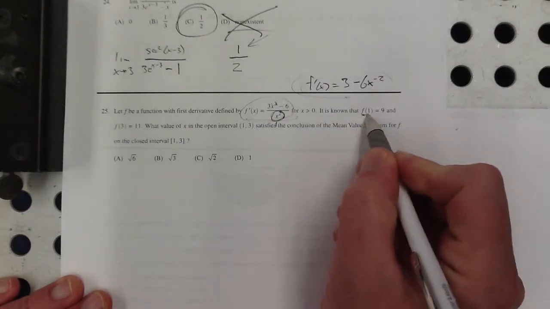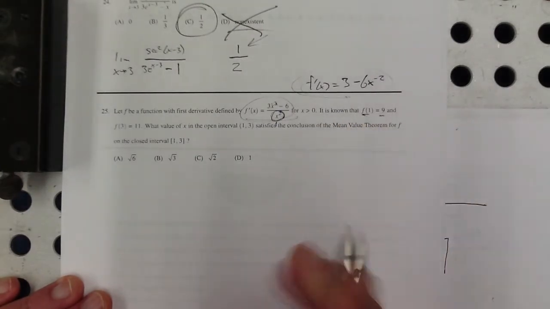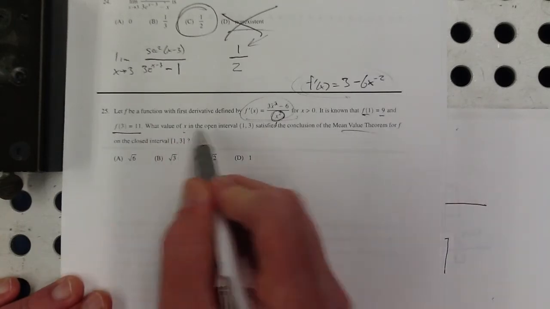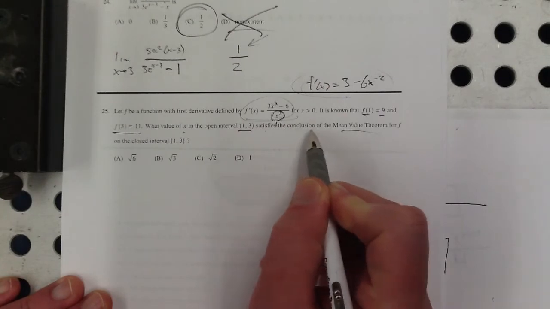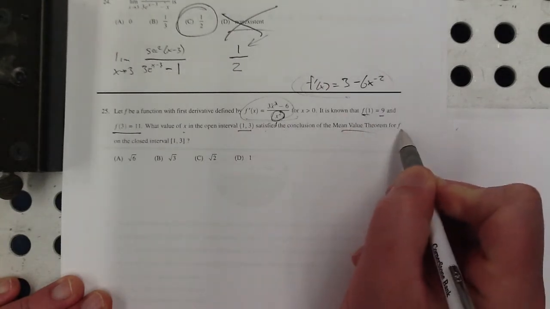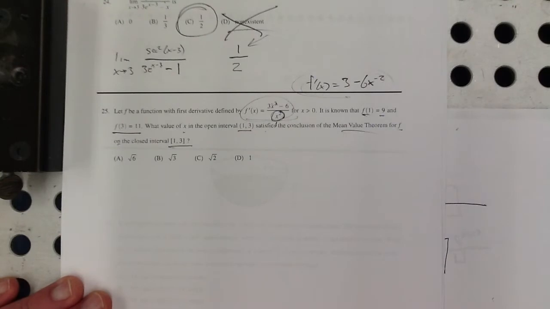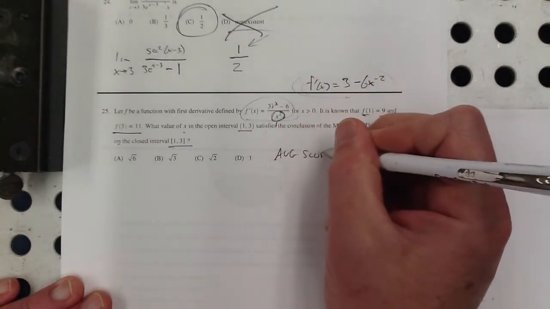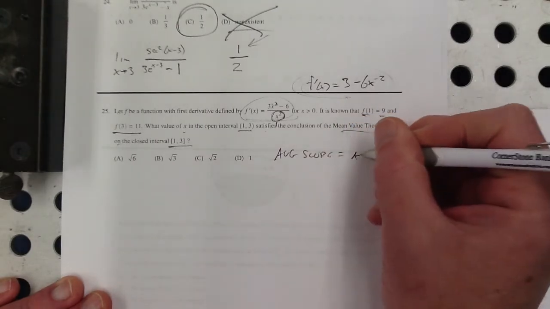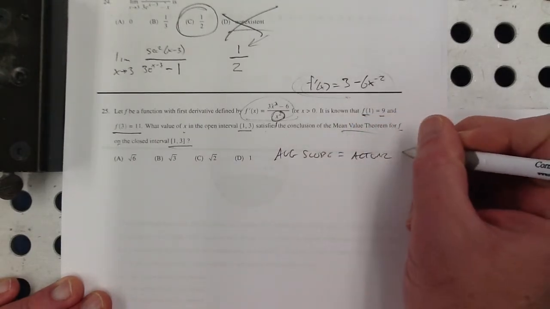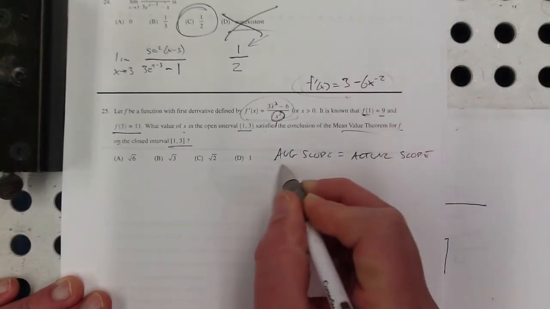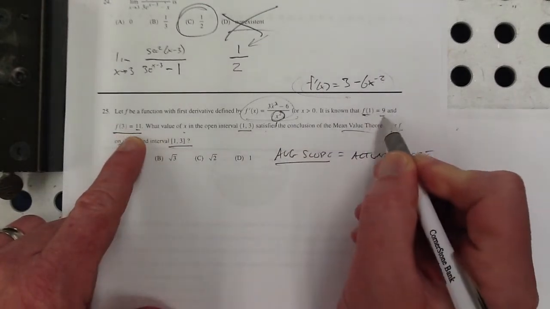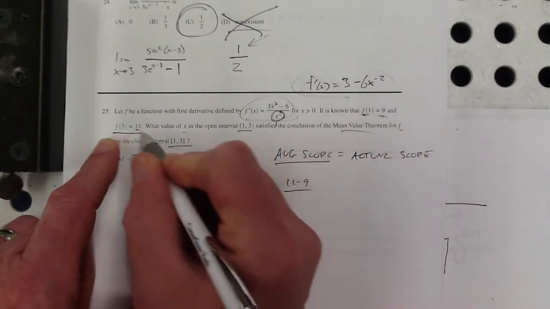Okay, it's known that f of 1 equals 9. This smells like fundamental theorem. Oh no, it's a mean value theorem thing. So what value of x in the open interval satisfies the conclusion of the mean value theorem for f on this closed interval? What does the mean value theorem say? It says that average slope is equal to actual slope, and actual slope is the derivative. So average slope is just old school slope, where we do rise over run,